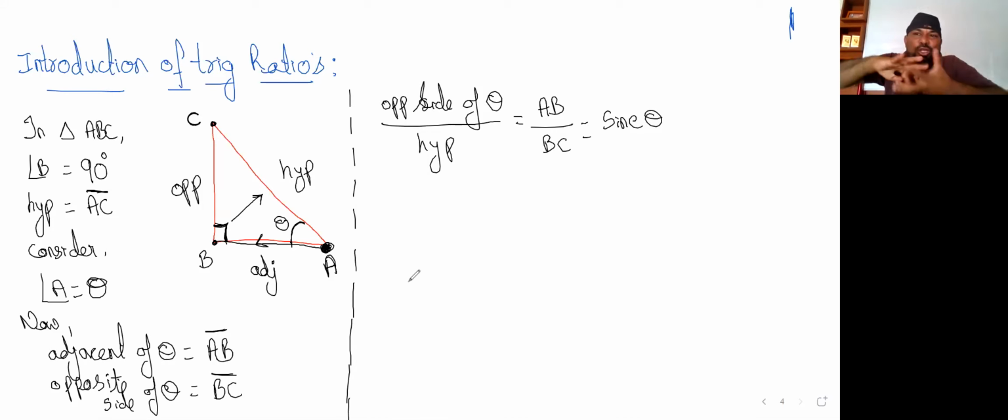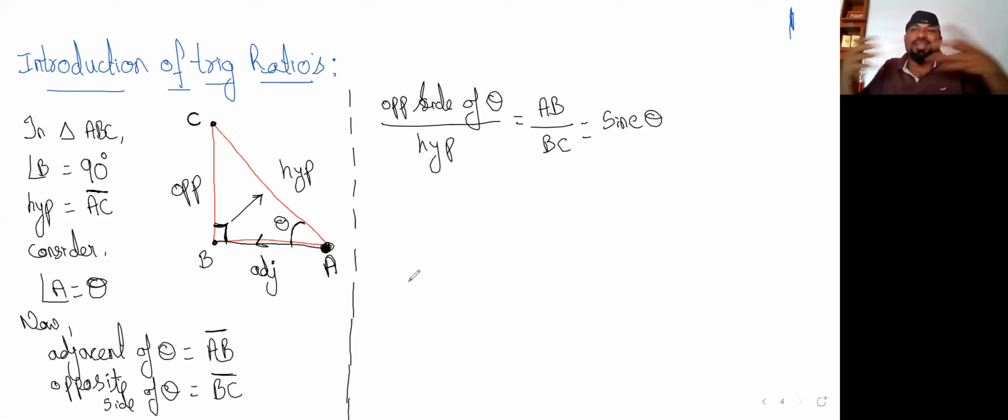What is the relation between these three? As in human relations, suppose there are three family members: dad, mom, and the son. What is the relation between these three? If I take only the mom and the son, I like to say mother and son. If I take dad and son, we call it the dad and son relation. Then what is the relation between mom and dad? Husband and wife.